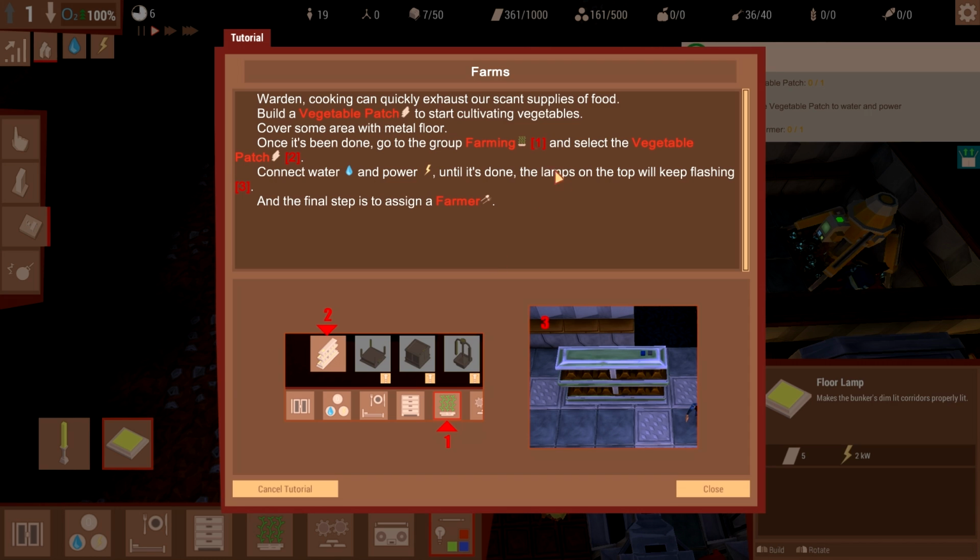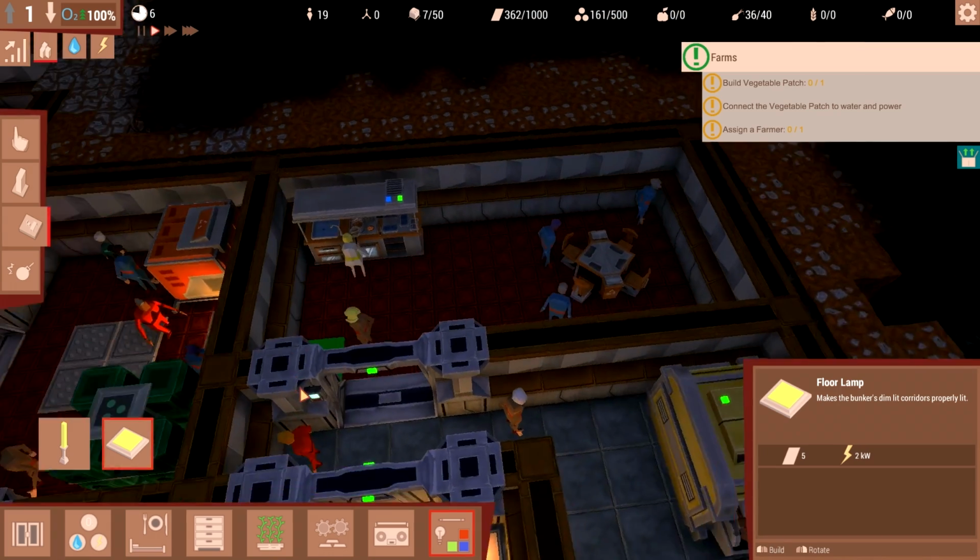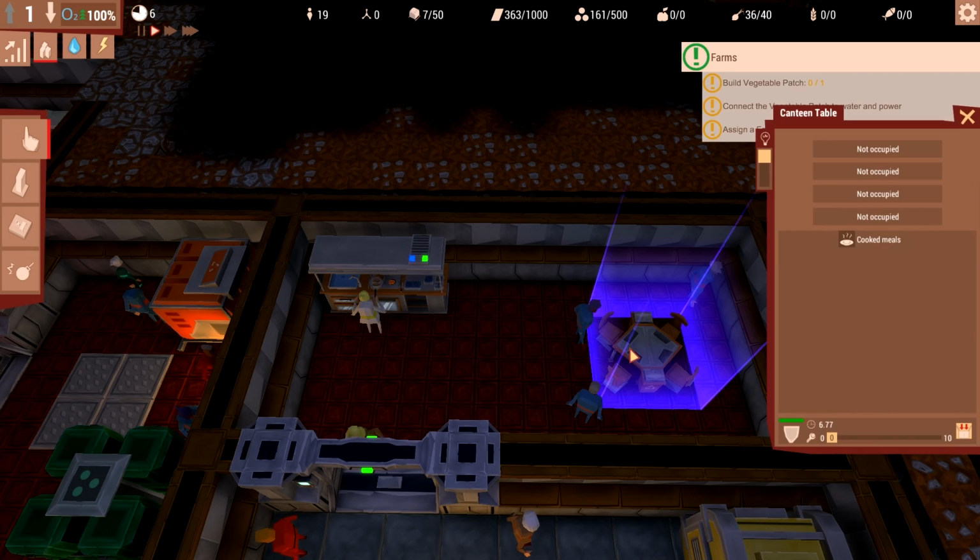Warden, cooking can quickly exhaust our scant supplies of food. Build a vegetable patch to start cultivating vegetables. Cover some area with metal floor. Once it's been done, go to the farm. We know how to do all that. Maybe what I should do...